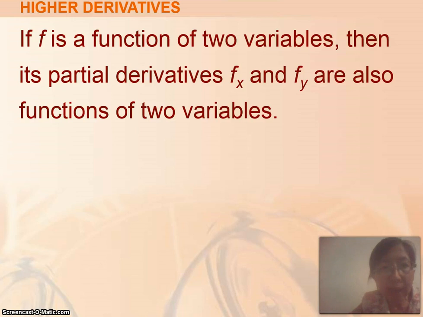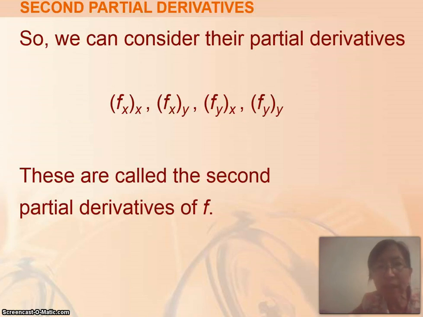Now, next, if f is a function of 2 variables, then its partial derivatives f_x and f_y are also functions of 2 variables. So we can consider their partial derivatives. They are called the second partial derivatives of